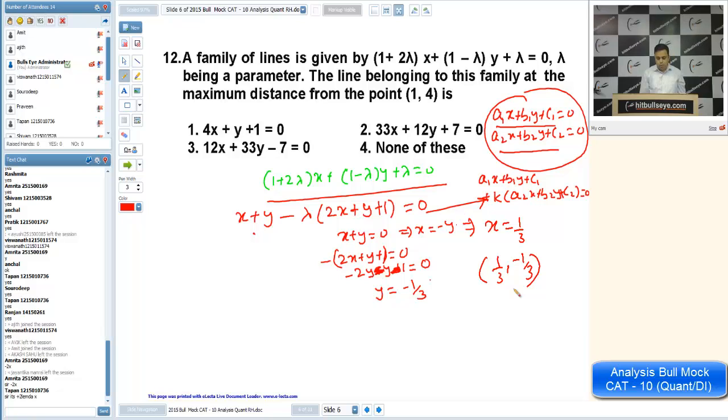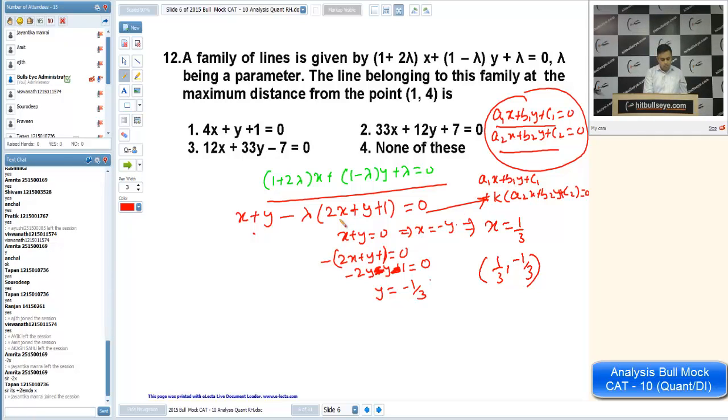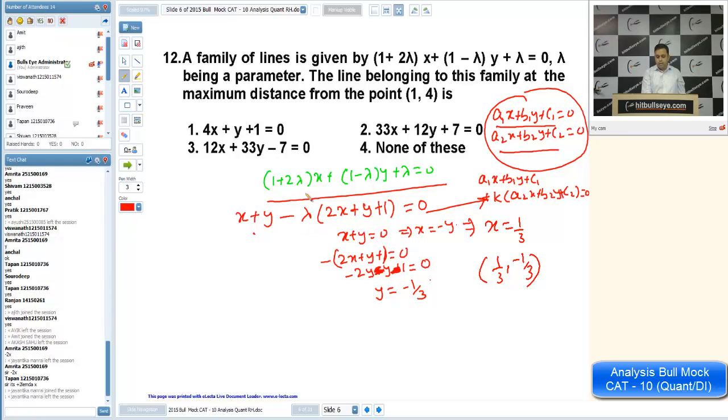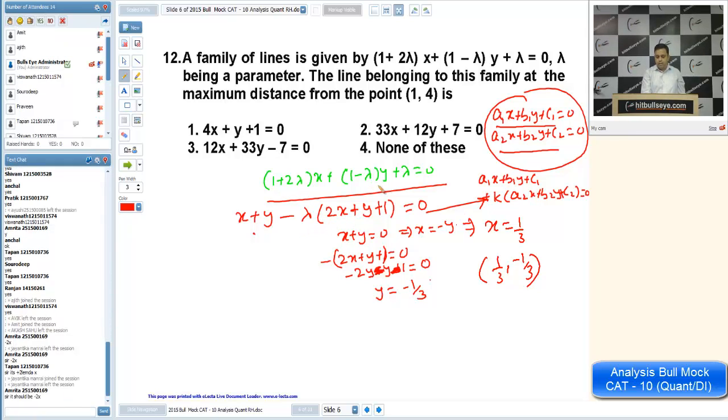Yes, it is 2 lambda x. That is why I have taken lambda outside. Okay, Tapan, it is x plus, yes, it is 2 lambda x. I have taken lambda outside. So it becomes 2x. From here I have taken,